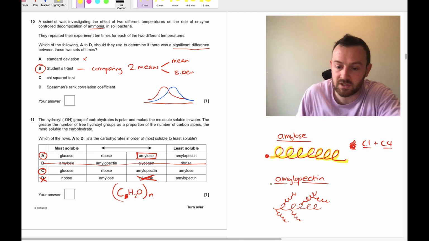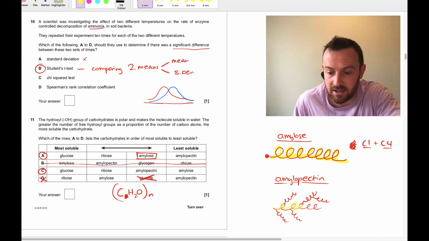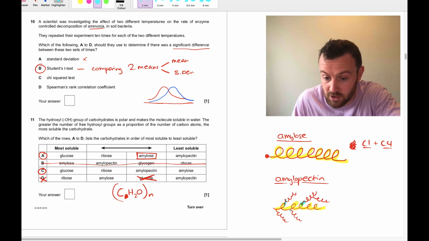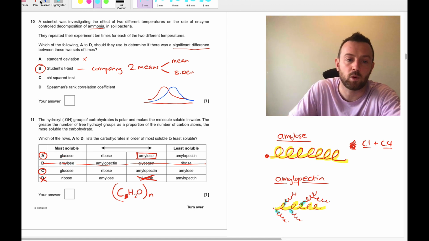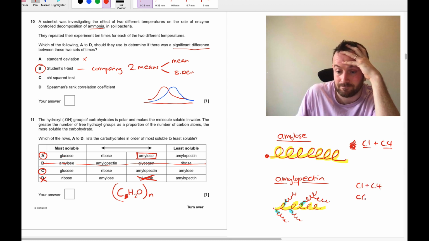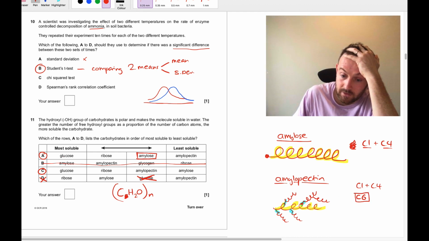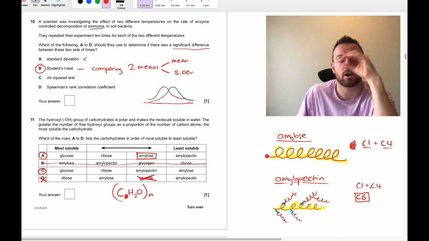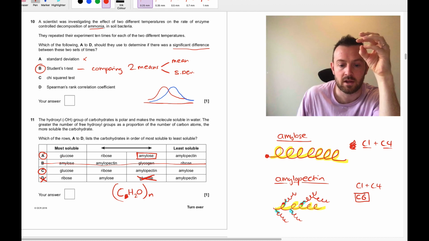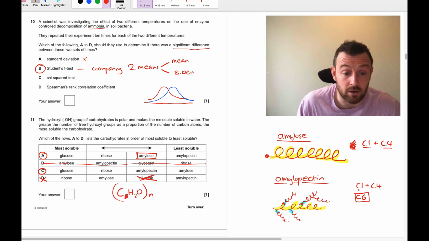Now here, this is amylopectin. So amylopectin is basically the same idea, but you've got these branches coming off, which I'll sort of highlight in different colours. So here's a branch, here's a branch, here's a branch, here's a branch. Now if you think about that, which carbons are involved in the bonding? So we've got carbon 1, yes, we've got carbon 4. We've also got carbon 6. Okay, carbon 6 is also involved in bonding. So that's this one here, and this one here. So, okay, this is why they say that amylopectin is less soluble than amylose.